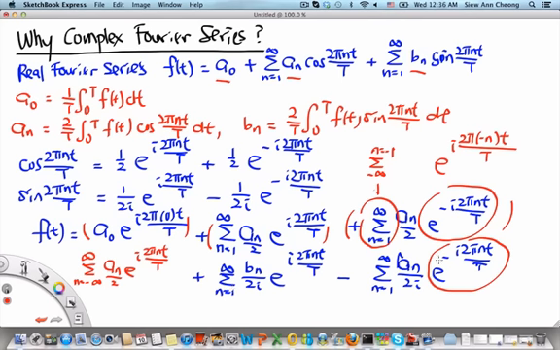We can let n absorb the minus sign, so that the sum is a sum from minus infinity to minus 1 instead of from 1 to infinity. And then when we combine all the terms, we will find that f of t